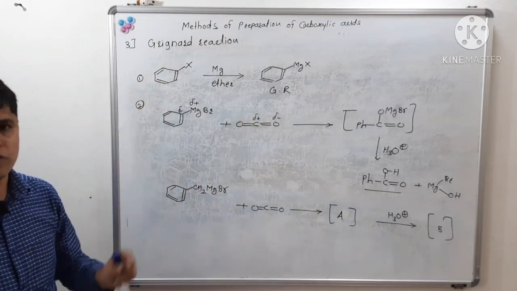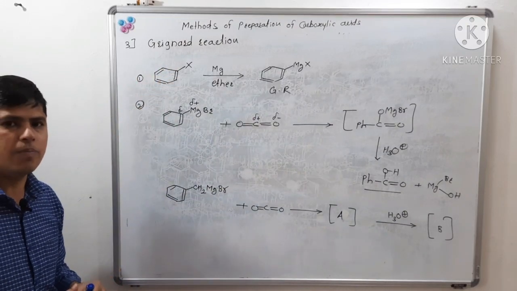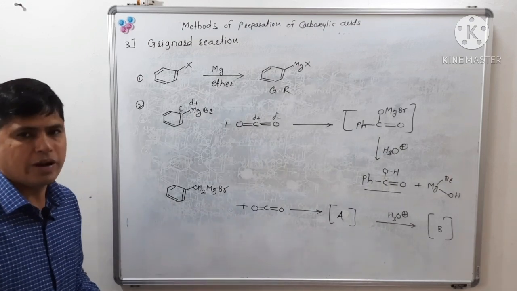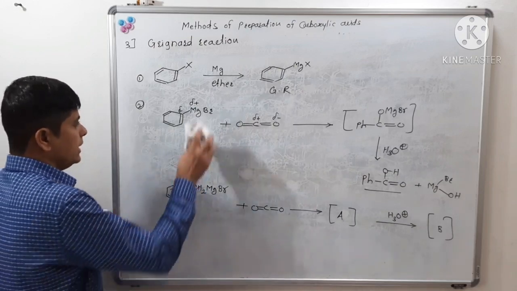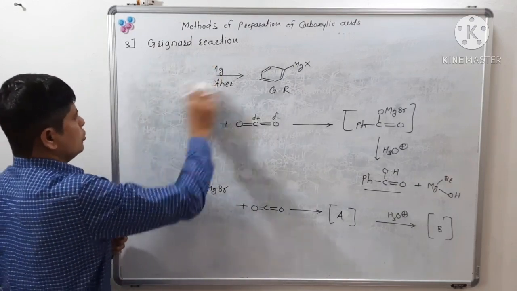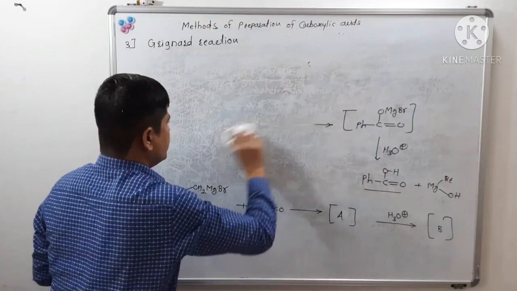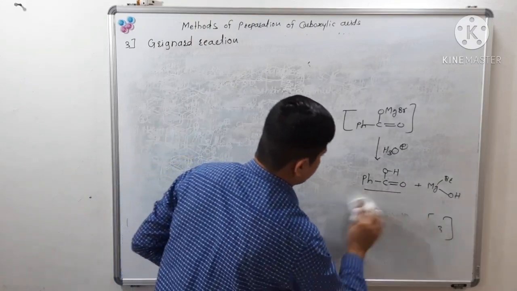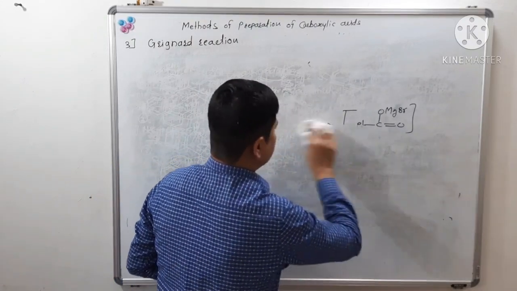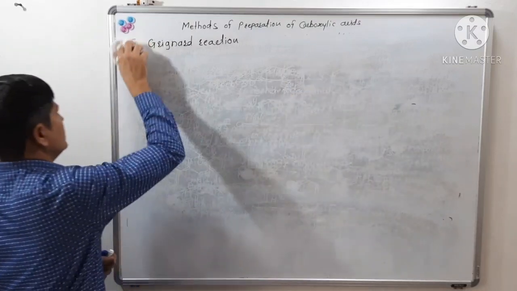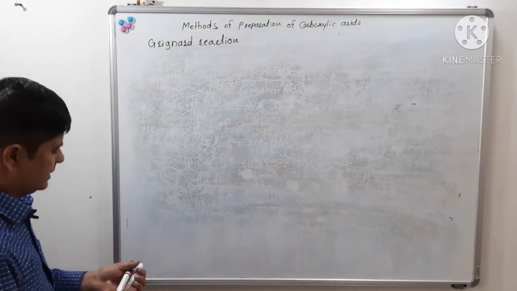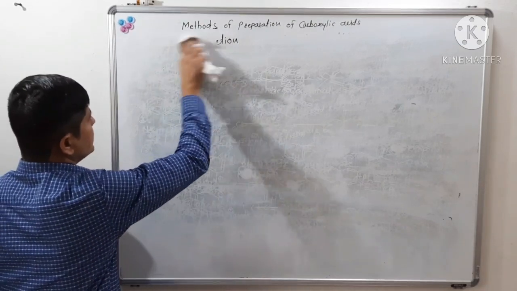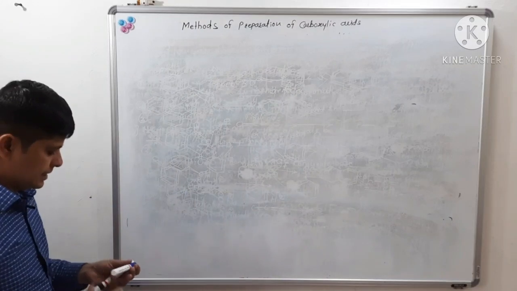So this is a Grignard reaction. We have already discussed this reaction in the chapter of organometallic compounds in detail, hence I am not going into more examples. So I am not giving any extra example here. You just go through your last lecture, the video is there on YouTube or in Google Classroom. Okay, now let us see the fourth method for the preparation of carboxylic acid. What is the next method for the preparation of carboxylic acid?